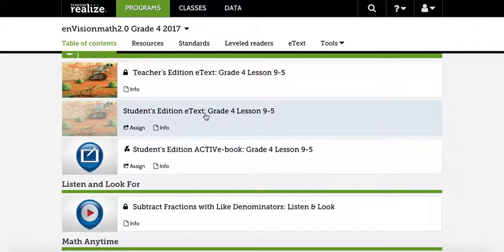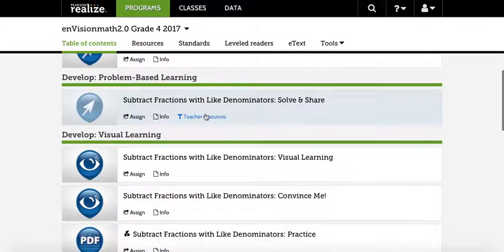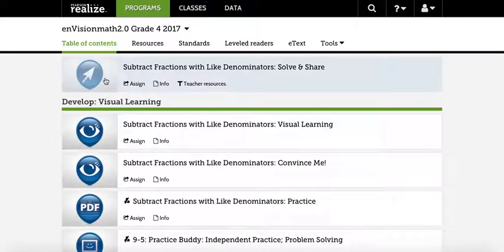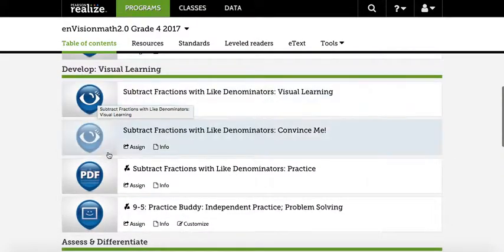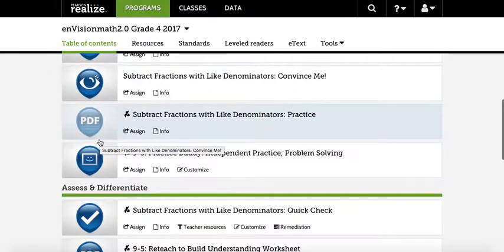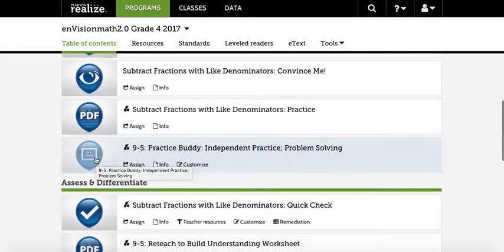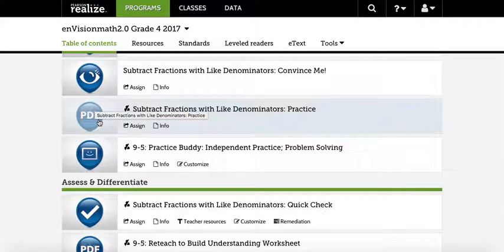It'll show you the student edition. It also gives you a challenge problem. These are all things that can be completed online. If you notice things that show a mouse, that means it can be completed online. They have to click and type things into it. Eyes stand for a video, so those are 2 videos that the students can watch. Anything with a square and smiley face in it means that it's type-in problems that they can do. A PDF will show up for them as an actual page as if they were to print it out,